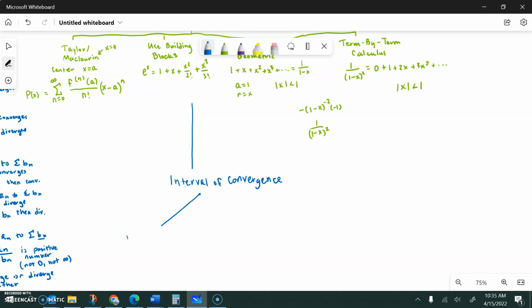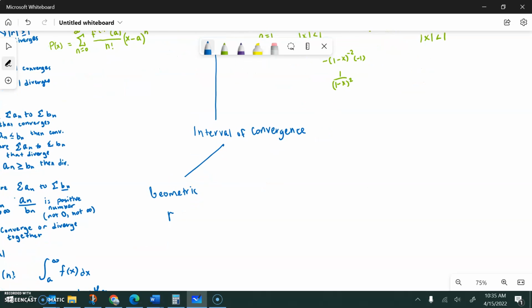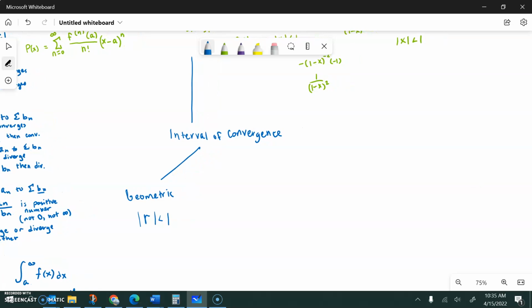One option is that you have a geometric series. And if your series is geometric, then you just want to make sure that whatever you get for your multiplier is less than 1. The absolute value of the multiplier is less than 1. So that's how you figure out the interval of convergence. You do not have to test the endpoints because with geometric, you know that the endpoints are not included. So that means that our series approximates a over 1 minus r